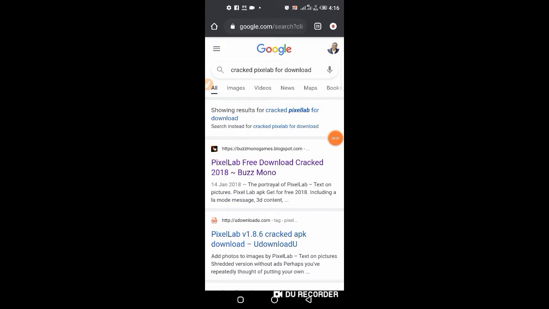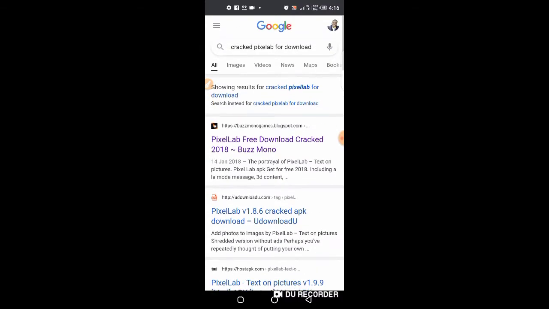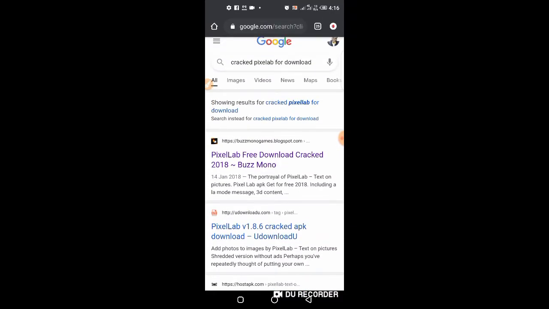Hello everyone, in this tutorial I'm going to show you how to create a 3D logo. Firstly, you have to go to Google and download a crack Pixellab for download. So now when you go to Google, you download it, then you are good to go. I already have it, so I don't need to download it, but if you want to download it,